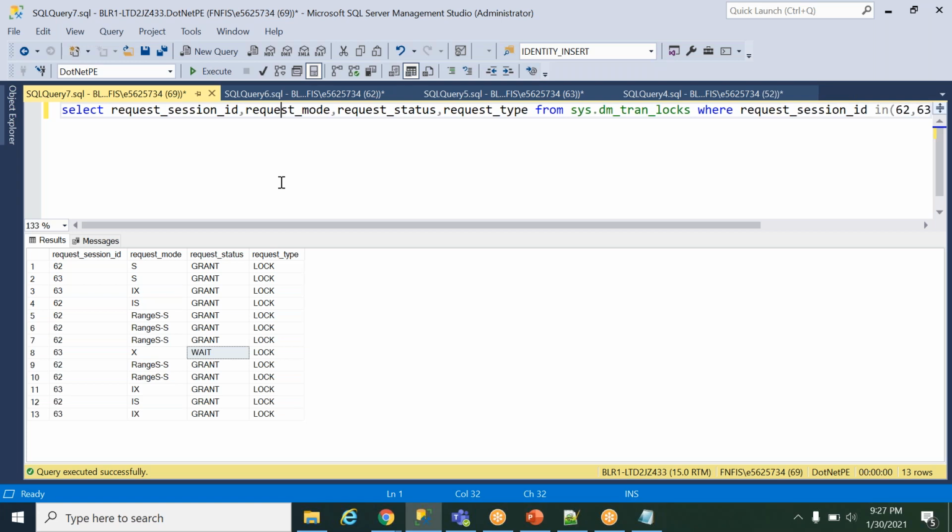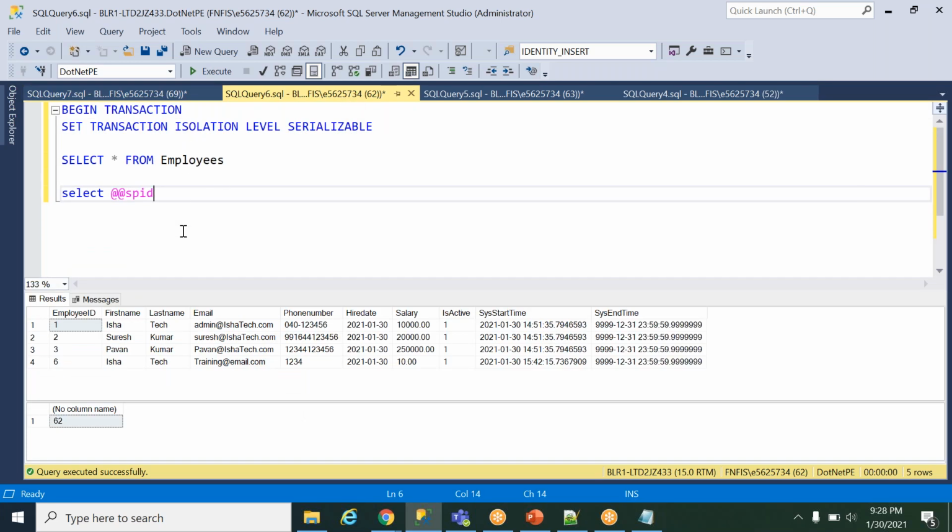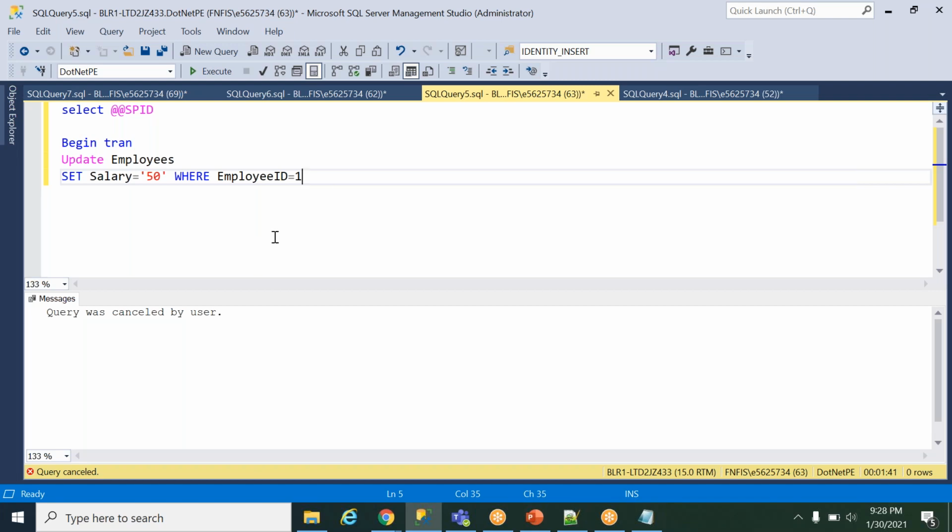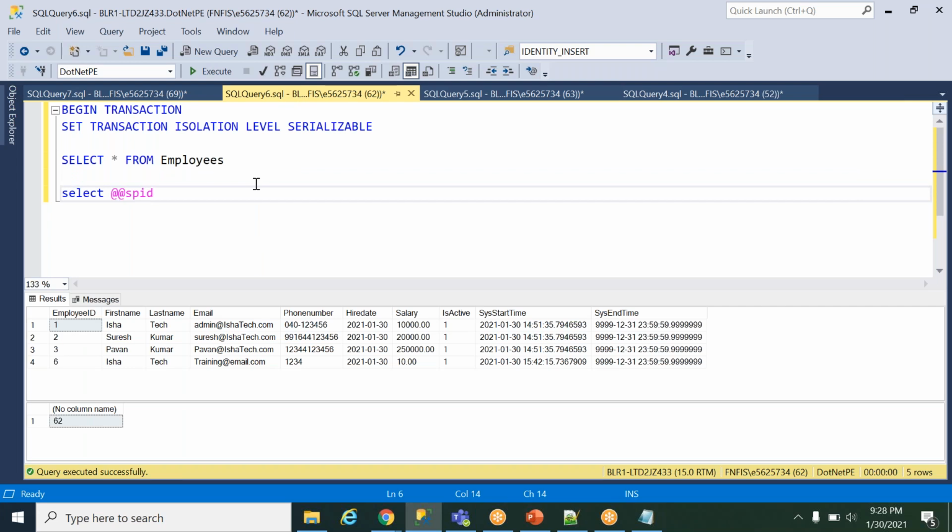I'll repeat. Transactions, when we are trying to implement them, should always have very few statements only. We should not use more statements in the transactions. When we are using more statements, as I showed you in the example, the transaction is still going on. When you are trying to do some other things, it is not happening because the transaction is still not completed. So whatever is required, whatever is possible, we have to keep only that statement in the transactions.